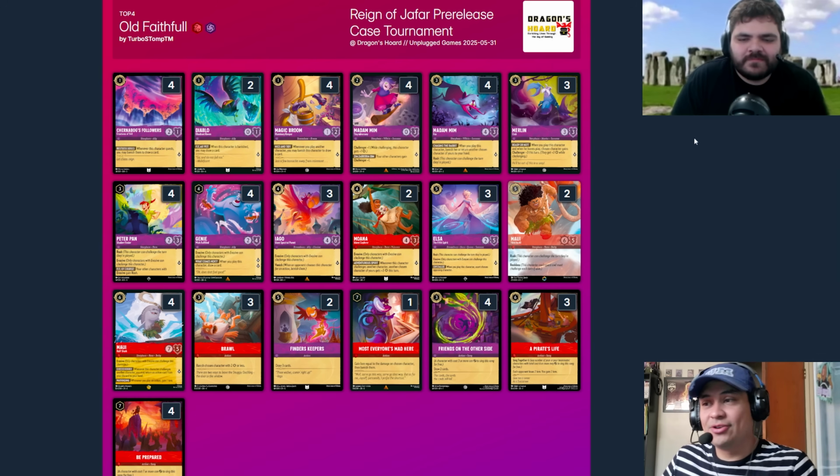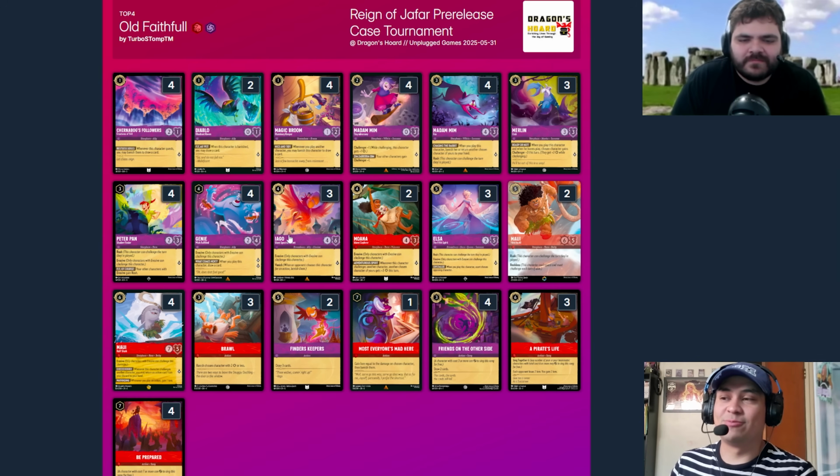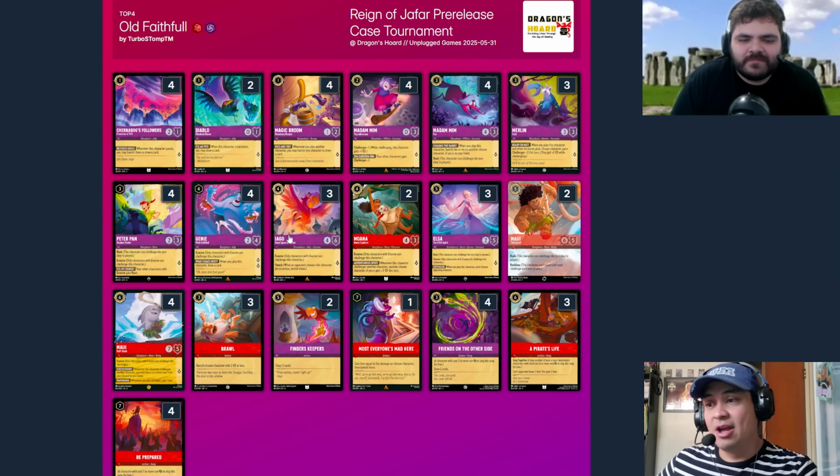there's also a world where you banish your own damaged character, which can be pretty cool too, and you have huge willpower characters like Iago the Spectral Parrot that has 6 willpower, so there's probably some situations where you can swing your Iago into maybe a Pluto that's not damaged yet, and then you use Most Everyone is Mad here, and bam, you gain 5 lore. So little tricks and combos you can do with these cards that I think are going to start being unlocked